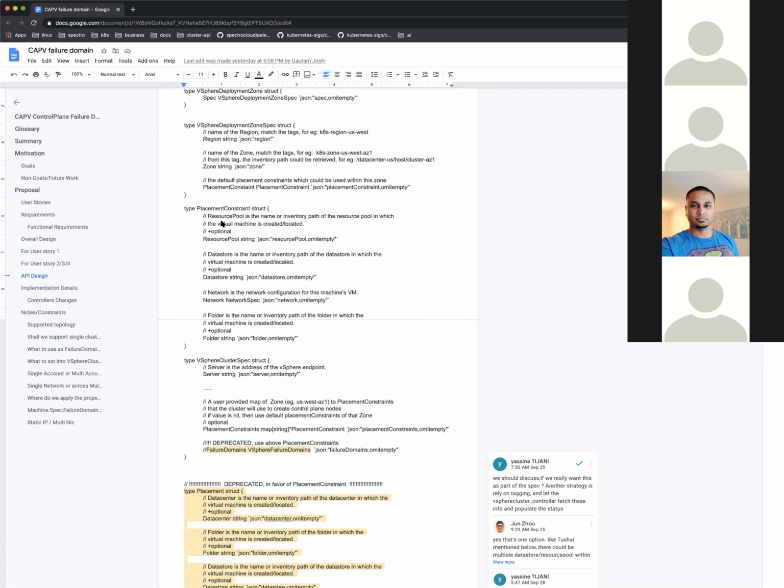Yes, and we would deprecate the API where you explicitly specify resource pool and whatever else, because as far as I can tell, what we're doing would be an improvement to that. Okay. Yeah, I don't have objection to this. Because as it stands, my observation is that we're already mixing up fault domains with placement constraints in the way our API is designed. And I would prefer it if we're going to be explicit about separating those, which I think makes a lot of sense. Then let's commit to that.